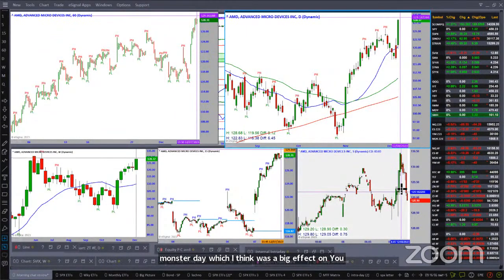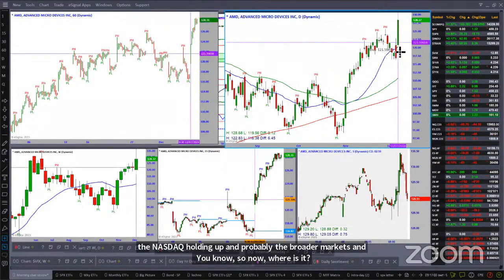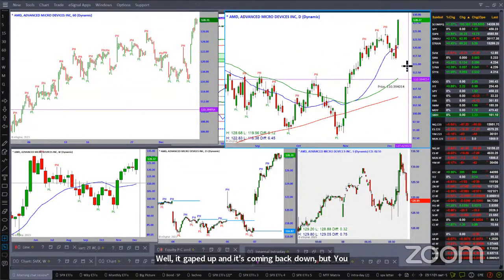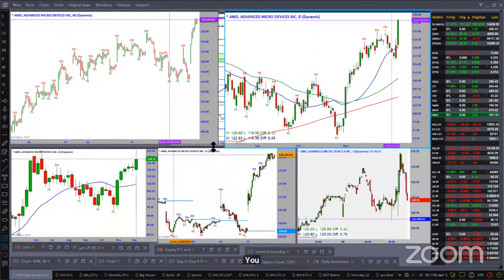And so now, where is it as well? It gapped up and it's coming back down. But this was pulling back, and news got it whipped right back up again. So